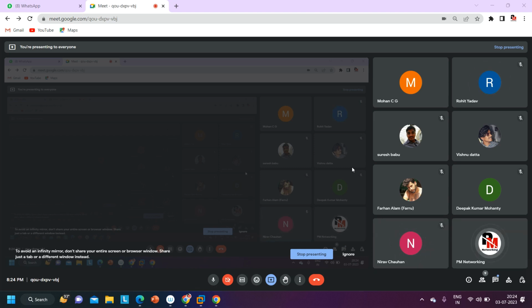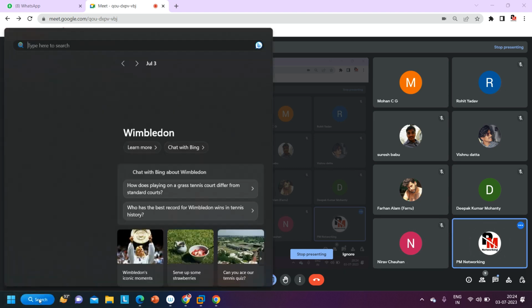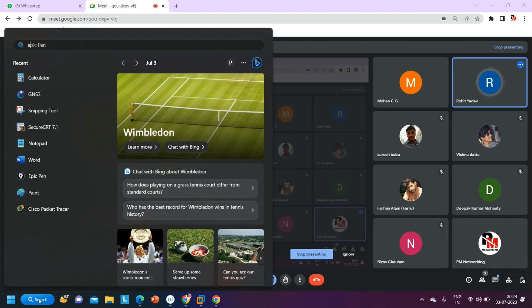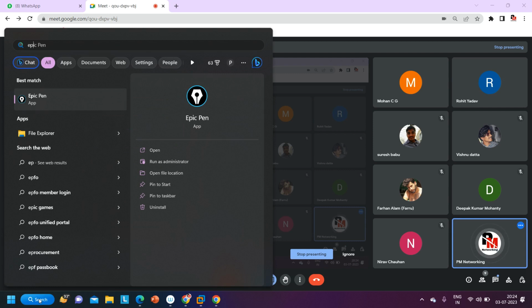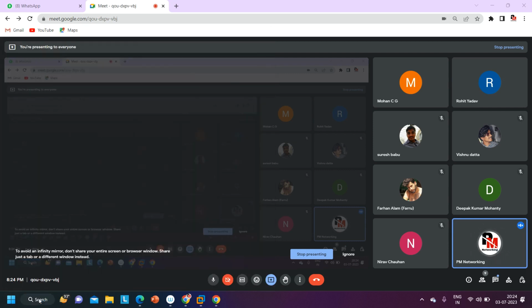Can we form EIGRP neighborship with an indirectly connected router? No, EIGRP will work only between directly connected devices.